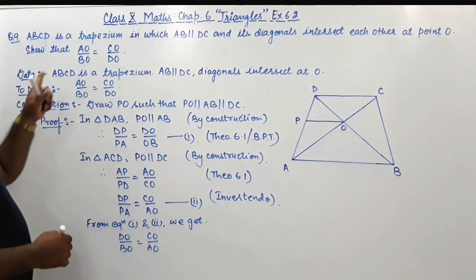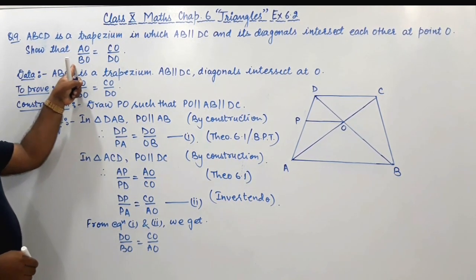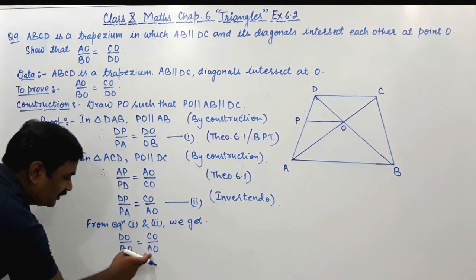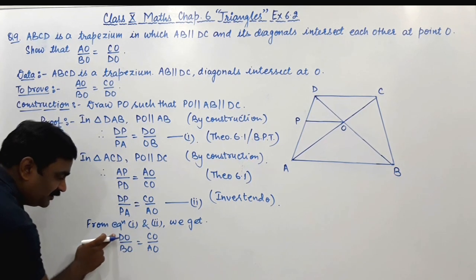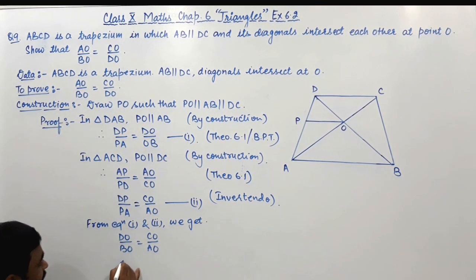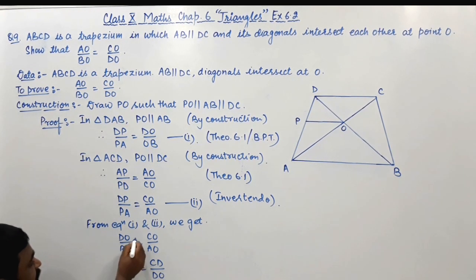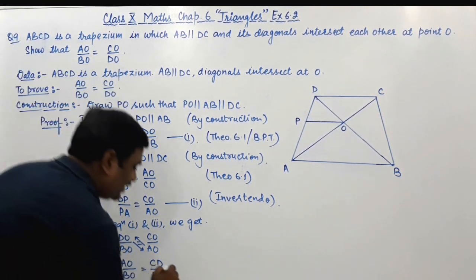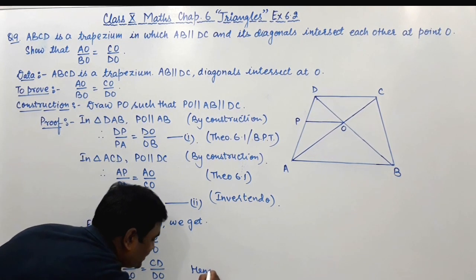But what we are going to prove, that AO upon BO means you can interchange this result. इसको क्रॉस मल्टीप्लाई करोगे सो दिस AO कैन बी रिटन एट द प्लेस एट द न्यूमरेटर ऑफ दिस फ्रैक्शन एंड दिस DO कैन बी रिटन एट द डिनोमिनेटर ऑफ दिस फ्रैक्शन. सो AO upon BO is equals to CO upon DO. Why? This AO brings this at this place and this DO brings at this place. Got it? So it is proved, our result. Hence proved.